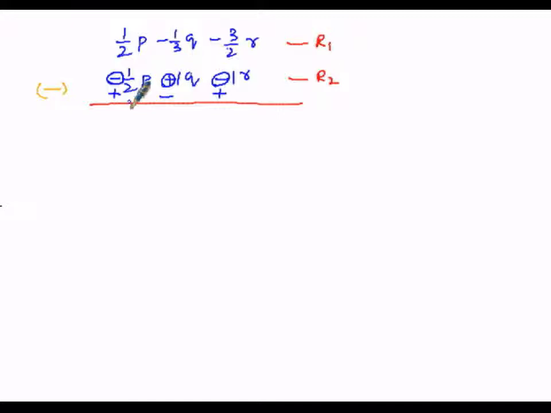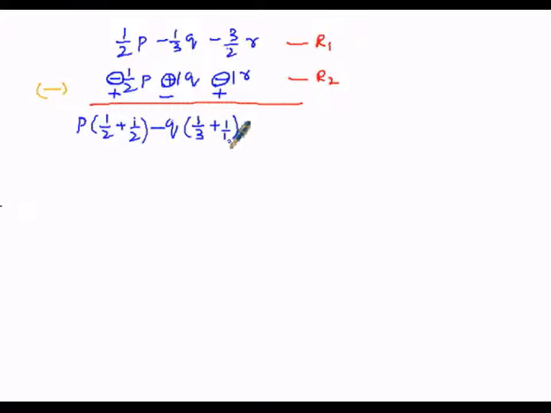So here, in the first row, the first term is half p, and in the second row the first term is minus half p. I want to take p as common. So just positive half is left over, that is half. The new sign is also plus, so let us write half here. Then among these two, the minus sign is common. When we simplify column wise for the like terms q and q, I want to take the minus sign common and q also common. When the minus sign and q are taken as common, just 1 by 3 is left over. When the minus sign and q are taken as common, plus 1 is left over inside. But the denominator is missing here, we can write it as 1 by 1.